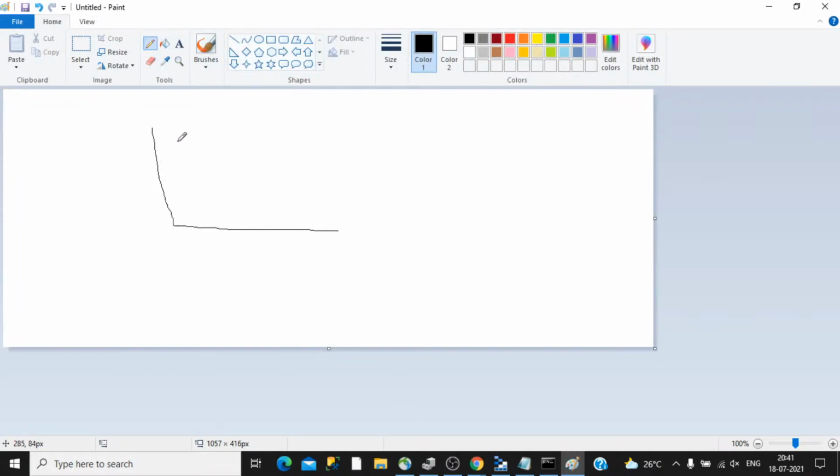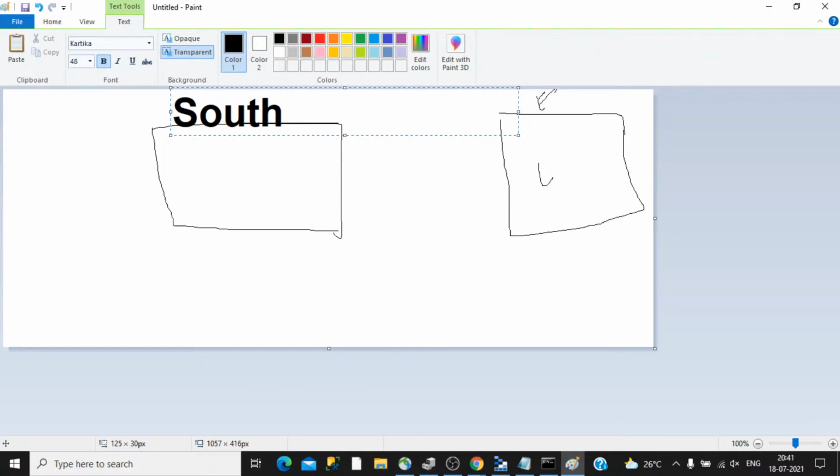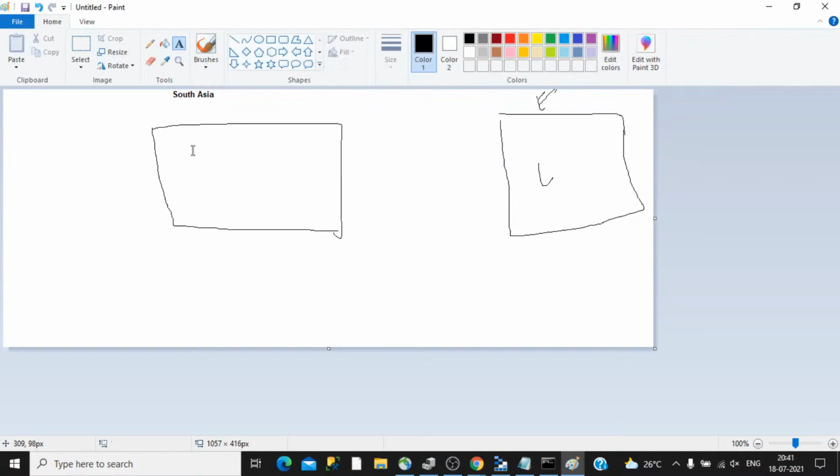Let's say you have a region like this. It can be called Southeast Asia or something like that, and there may be another region as well, like this one can be Europe. This is kind of a region. So you can understand the concept.